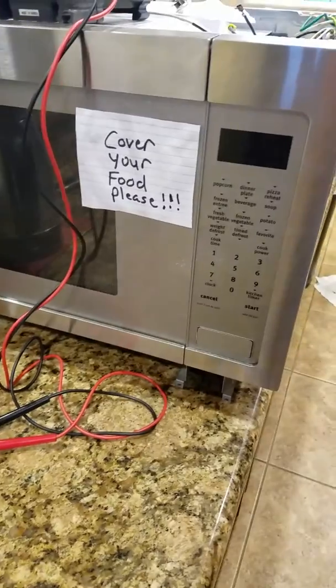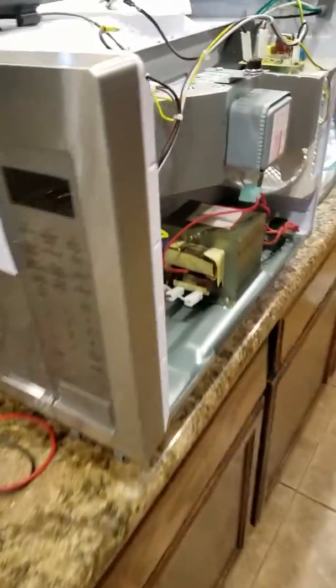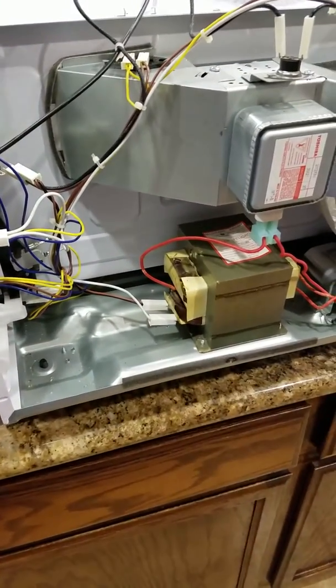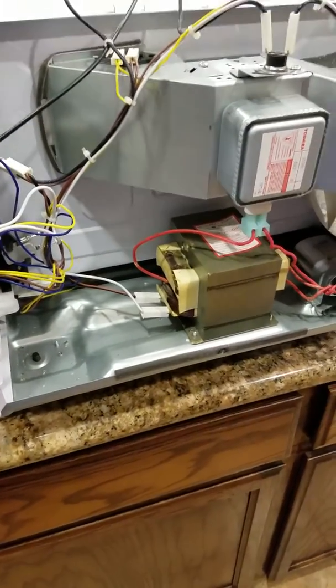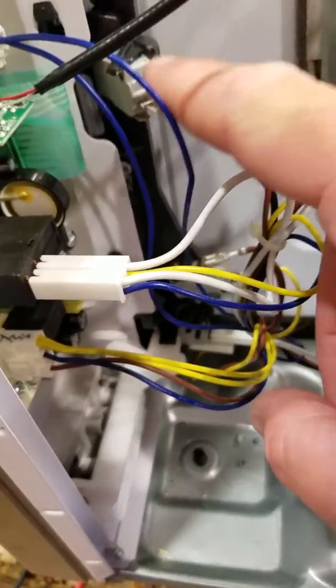Okay, I've got a Whirlpool microwave, no nameplate, the UMC model. Anyway, I have no power. Intermittently, if we slam the door hard enough, you'll get power for a little bit, maybe one cycle or two, or none at all. And sometimes what can be the problem is these three switches here, here,